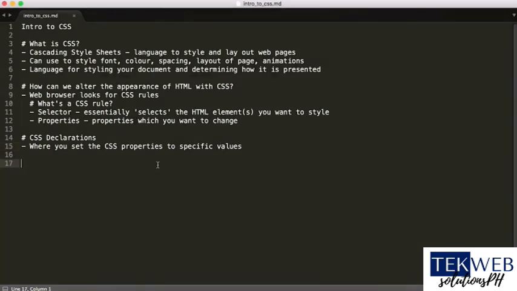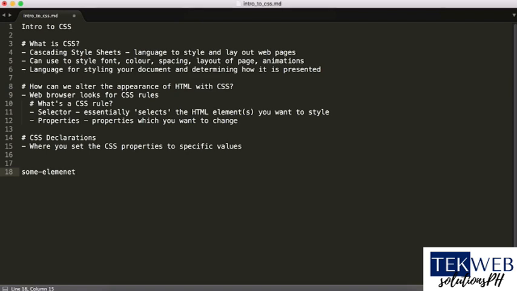Let's take a quick look at what a CSS rule looks like. What's a selector? What do properties look like? Essentially, it's going to look something like this. We have different ways of grabbing elements in CSS that we'll explore later, but if you just want to see a simple example of a CSS rule, it would look something like this. So, you grab some element,